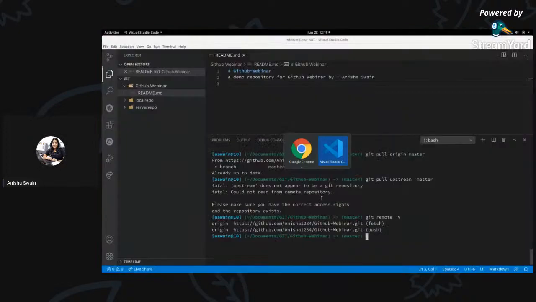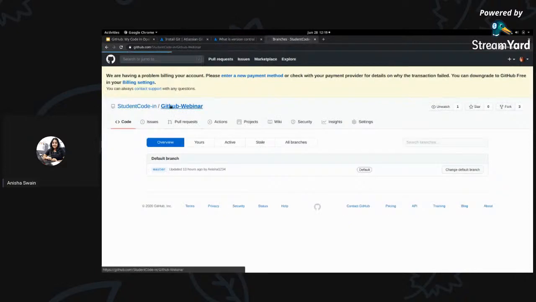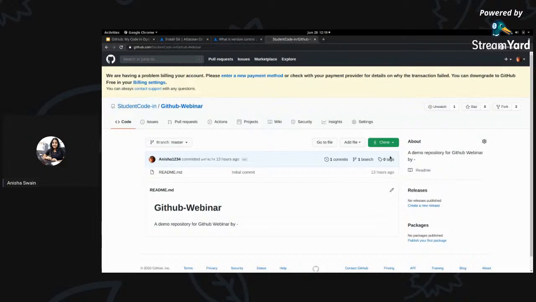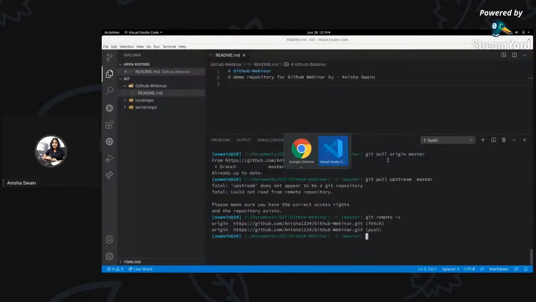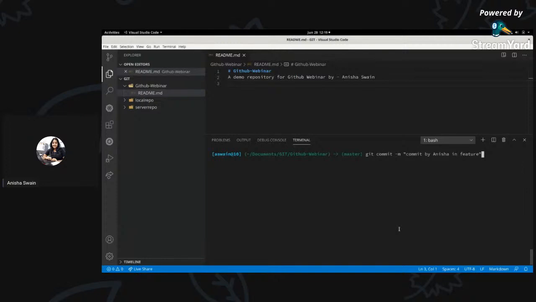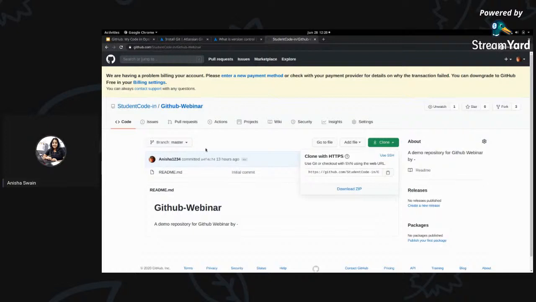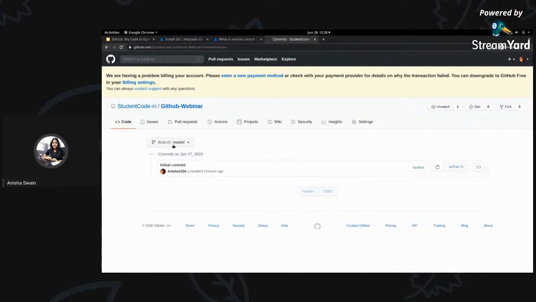So let's go back to GitHub and see the URL. Okay, this is the upstream URL in student code, and we're just going to add it as we previously added, git remote add upstream. Now if you do git remote -v, you can see upstream. If there are any changes in upstream, those changes will be pulled here. It says that there are no commits here because